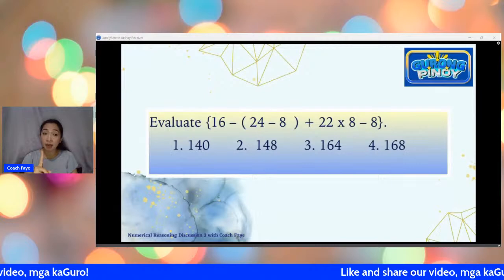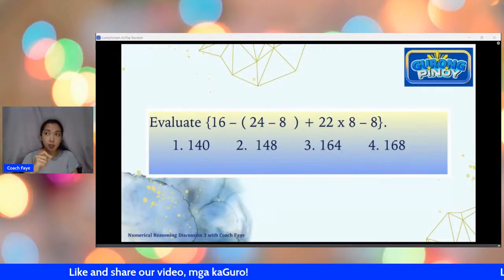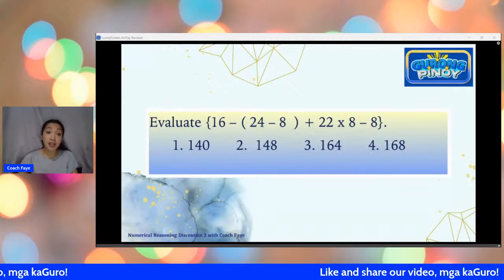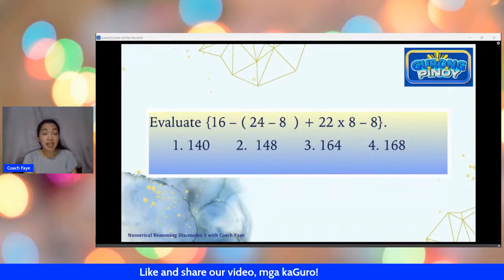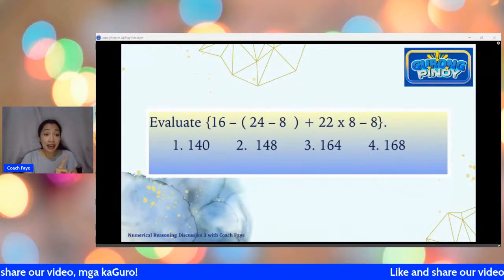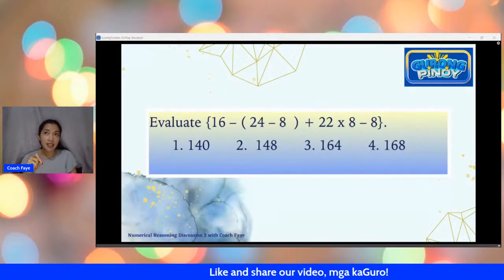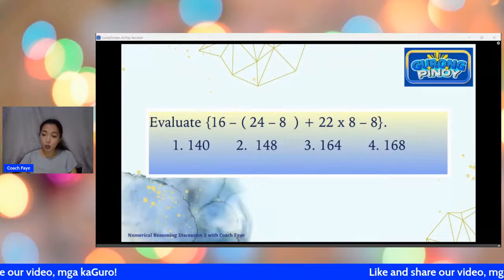However, if you skip a math item, do not just skip. I suggest mark first an answer in the choices na feeling mo baka ito yung tamang sagot. Mark lang, kahit kaunting mark lang, tapos balikan mo later. Para later, if may extra time ka, pag may time ka pa mag-solve, pwede mo pa talaga siya ma-solve properly. Pag wala ka ng time mag-solve, i-shade mo na lang completely yung mga na-mark mo para hindi ka nag-guessing game lang. Kahit paano gumawa ka ng educated guess in whatever you are doing.